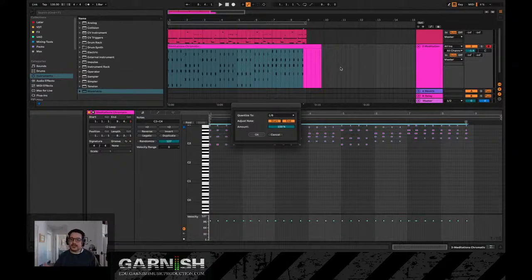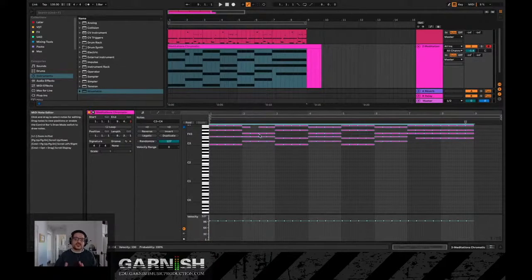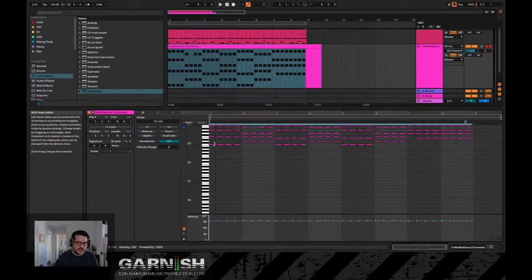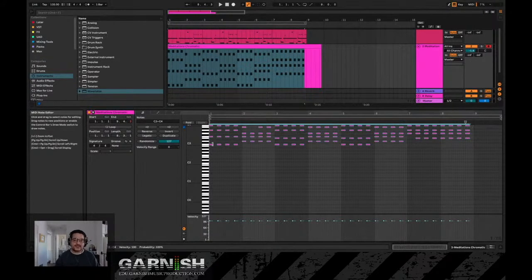Okay. And because I'm actually just playing quarter notes, I could go ahead and set it to quarter notes and hit OK. And now you'll see all these quarter notes are being added, but also the other thing that it's doing is it's extending these notes out, which is not a big deal because I can click on this brace here and drag them back like this. But now they should be perfectly snapped to the grid. So when I play this back,